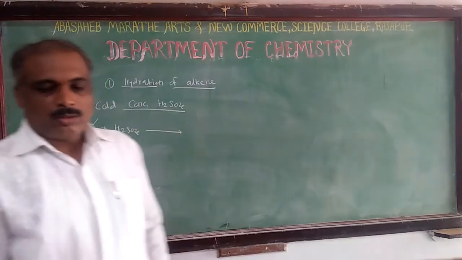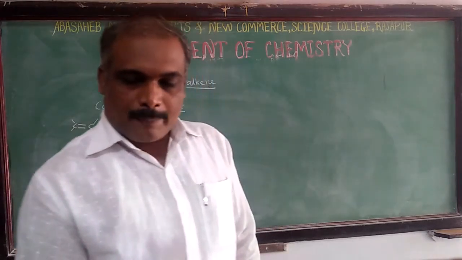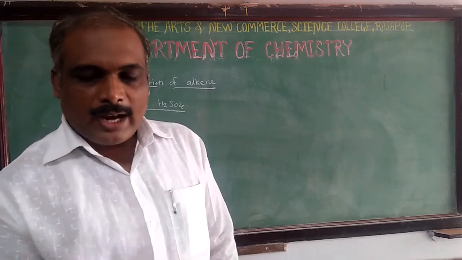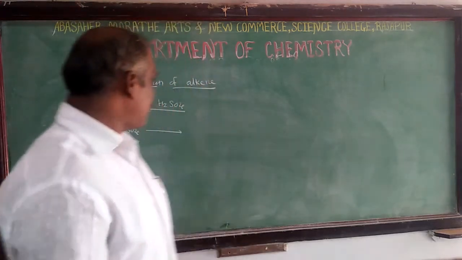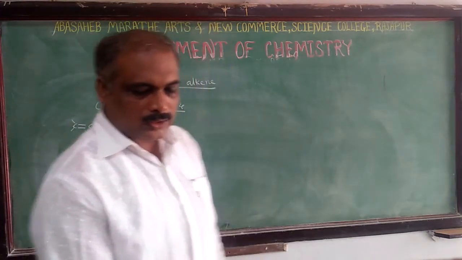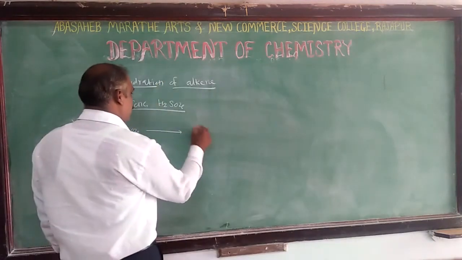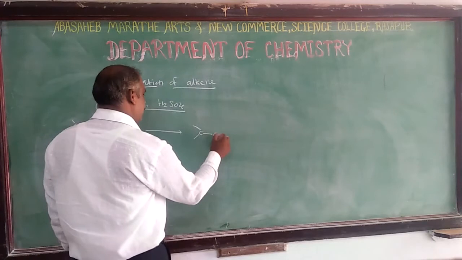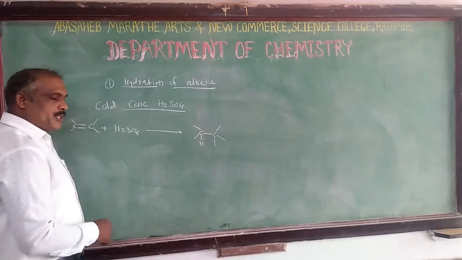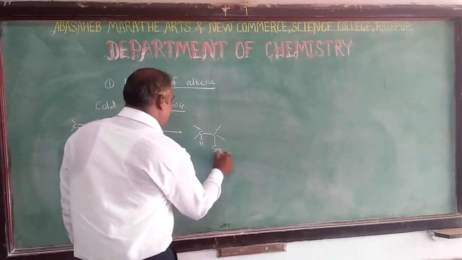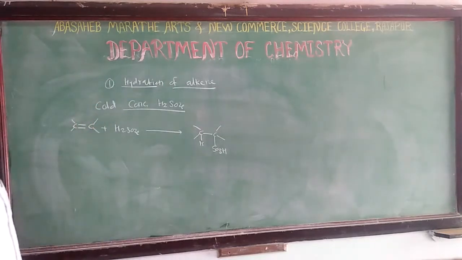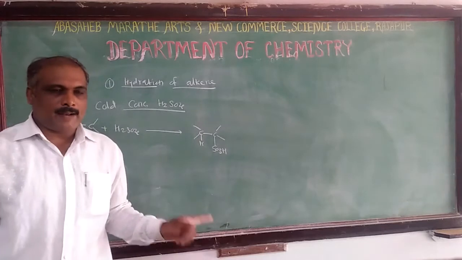Then the product which is obtained is the alkyl hydrogen sulfate. What type of product? One is H here and the second is SO3H here. This is an alkyl hydrogen sulfate, and then